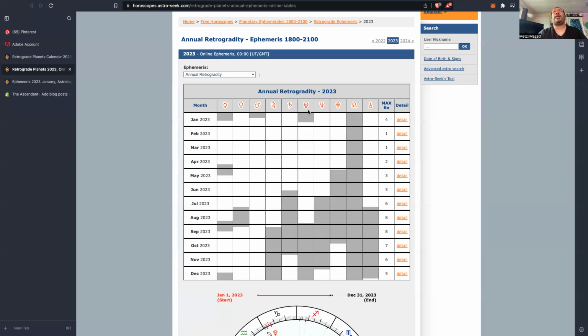So when I think of retrogrades in these three columns, those are going to be things that are going to affect all of us on a large scale. When I'm looking at these first five, these are things that are going to impact my direct life. Even if that's interacting with someone else, it's going to be impacted on my direct natal chart. So they're going to be more significant than